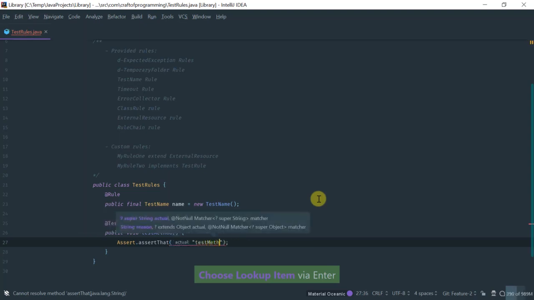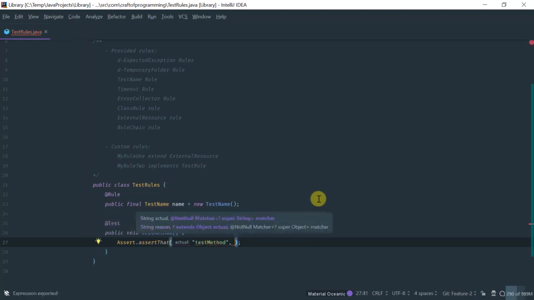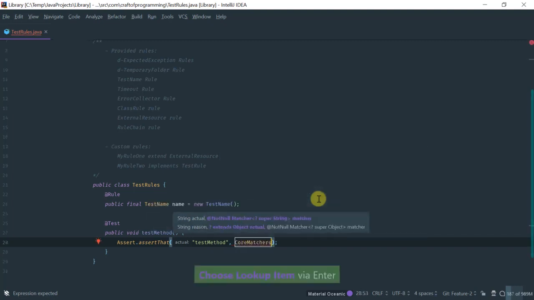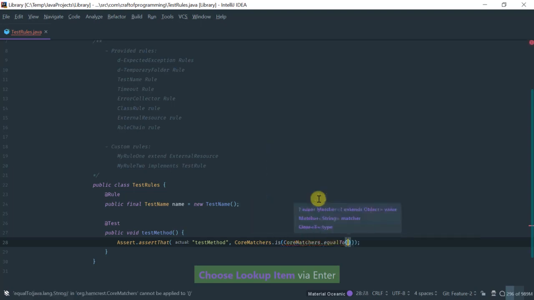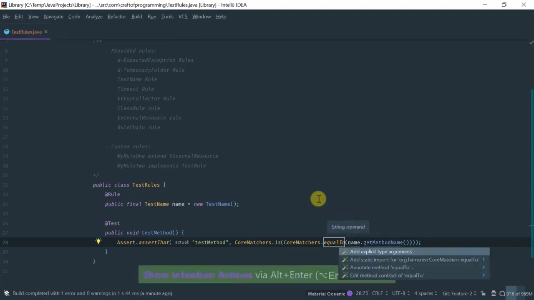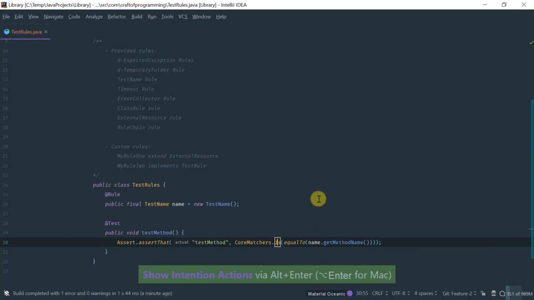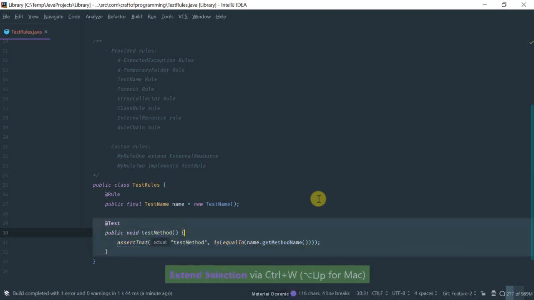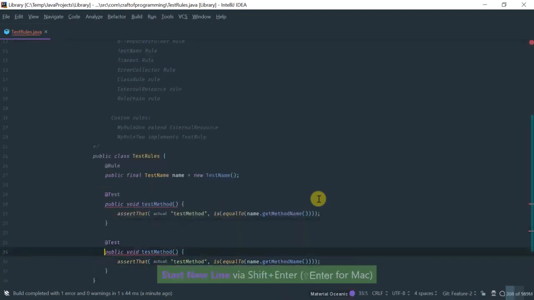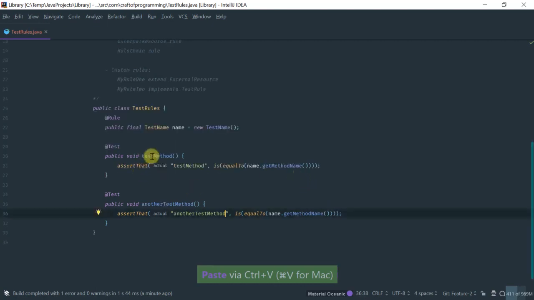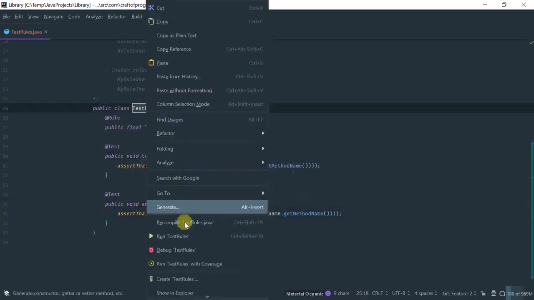So assert the test method, then let's use the core matcher, is, core matcher equal to name get method name. And as usual, let's just import this statically, and here as well. Okay, and obviously if I were to have another test method here, then if I were to run this, actually let's just run the whole thing,